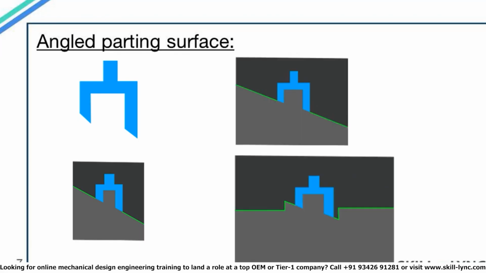Instead of that, as you can see in the bottom image, the inclined profile of the component will be followed only up to some distance, which is usually somewhere around 20 to 30 mm, and then the blocks are made flat again. This is done because, as I mentioned earlier, machining is easier if we have a flat horizontal surface. And once the profile of the component is captured in the mold block, there is no further point in continuing